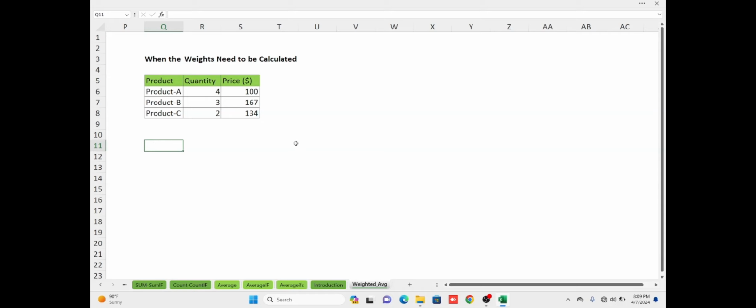To do this, we want to determine the weighted average for this particular case, where here we have the product sold, the quantity, and the price. So to determine the weighted average, I'm going to use the sum function like I said. Then the quantity,